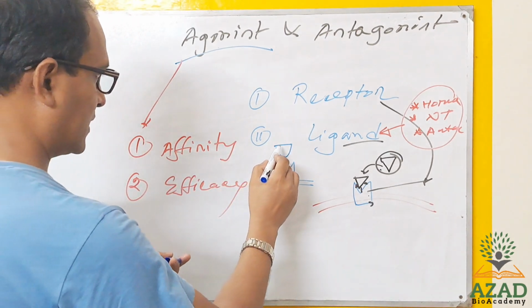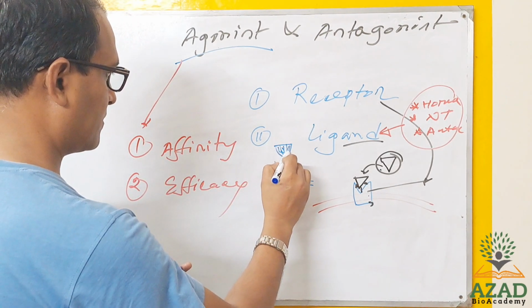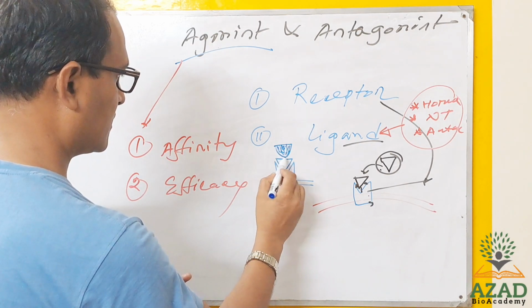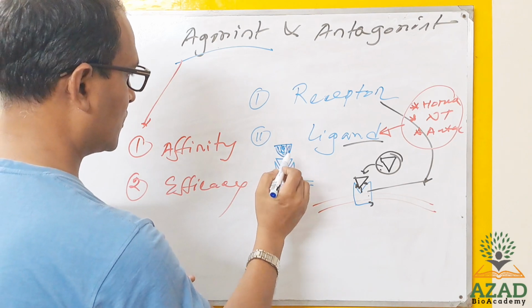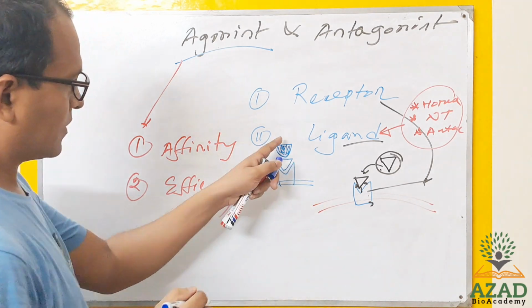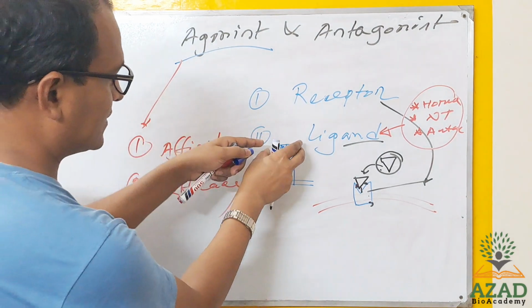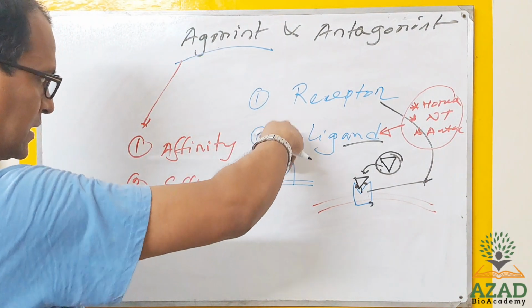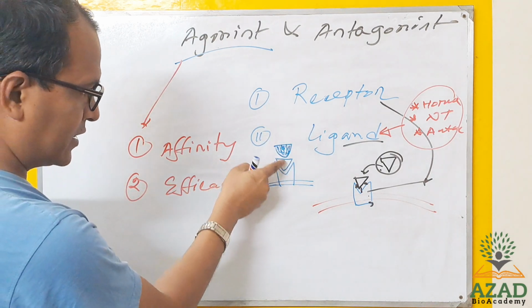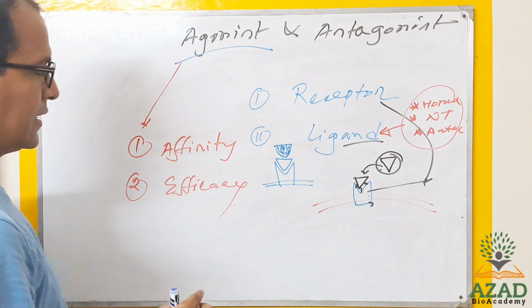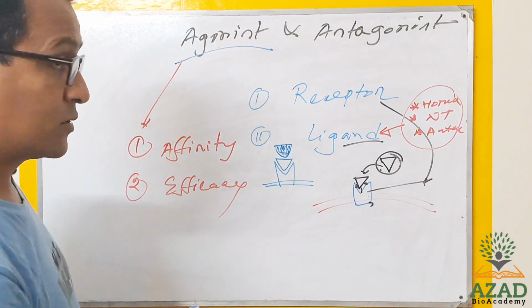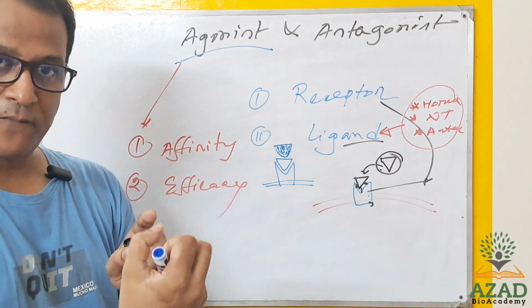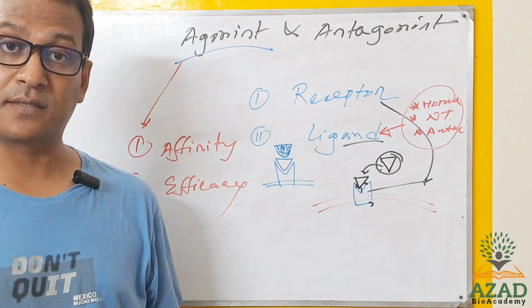Okay. As a result, it will completely fit with it. So this is the criteria. That means its shape and size must be like to bind with that area,